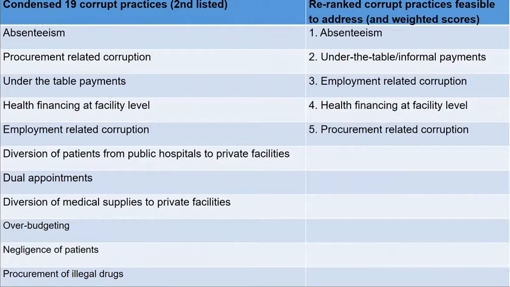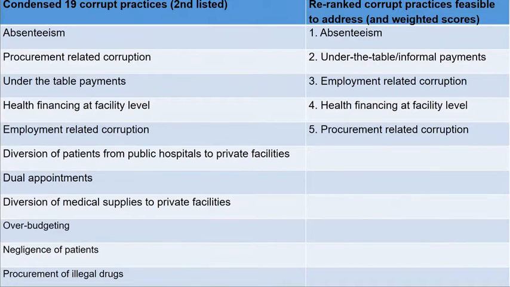Number 2 is informal payments. Number 3, employment-related corruption. Number 4, corruption with health financing at facility level. And then number 5 was procurement-related corruption. So these are the top 5, for policymakers we need to produce more evidence for them to be